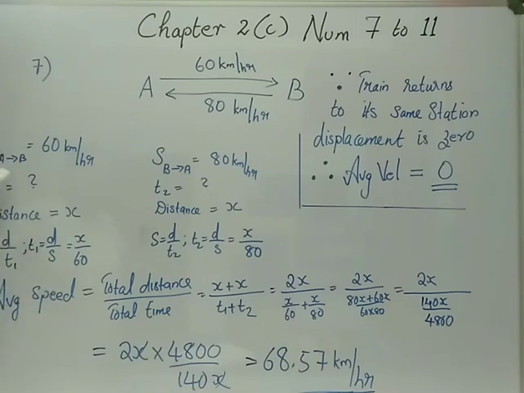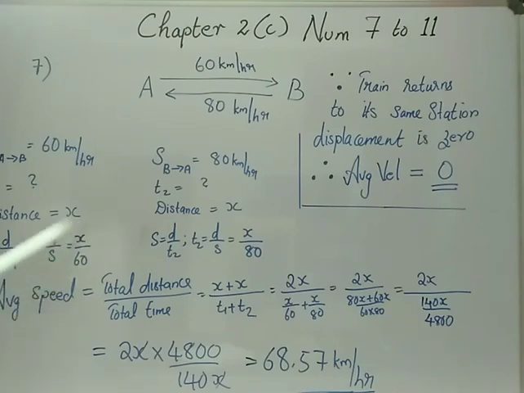First, the speed when it travels from A to B is 60 km per hour. The time taken by the train to travel from A to B, we are taking as T1. Since we don't have the distance between the two stations, I am taking it as X. We have the formula, speed is equal to distance by time. From that, what will be time? Just cross multiply. You will get time is equal to distance by speed. Distance we took as X and speed we already have, 60. So we got time T1 is X by 60.